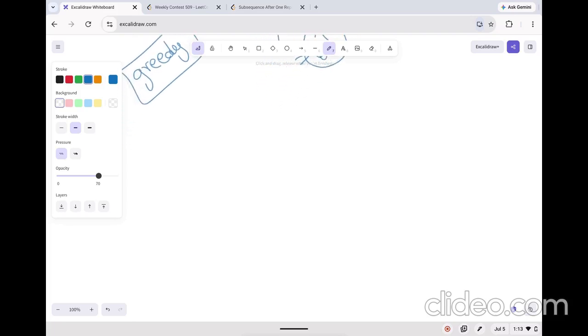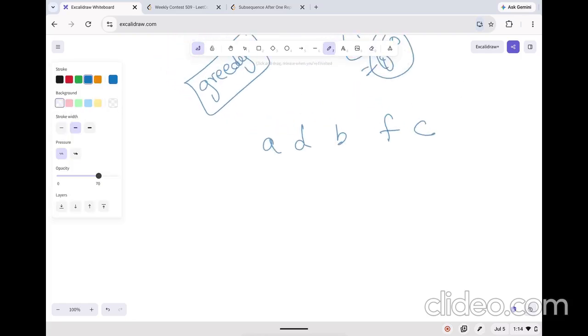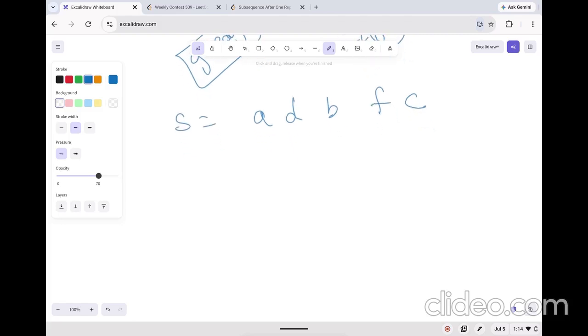So let's first look, let's take a random test case so that you can understand it. I had A, D, B, F, C, and this was my string S. And my string T, let me write this on this side. Let's call this S, and let's say we had a T, let's say this as K, L, M, and